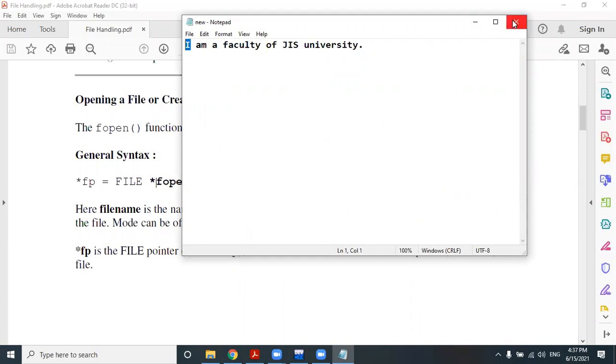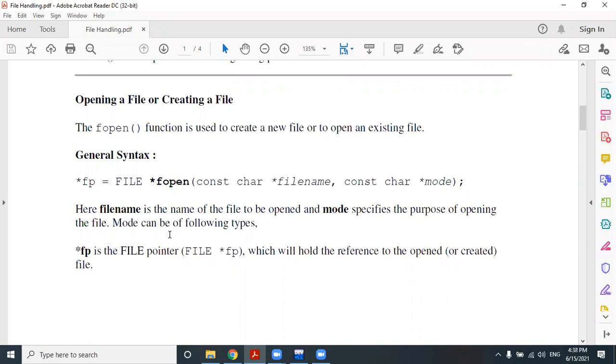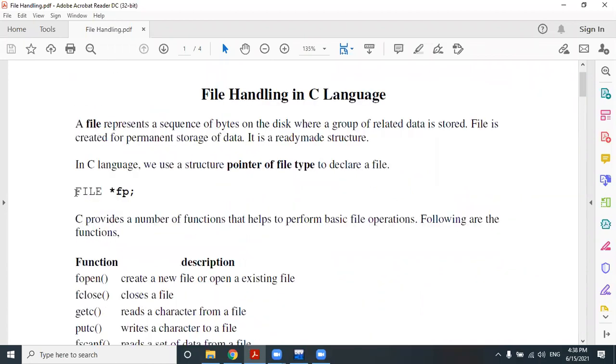So it will return it. When it returns the address of the starting byte of a file, that means it will always be stored inside a pointer type variable. So this fp is a file pointer type variable which I have already declared in front of this.